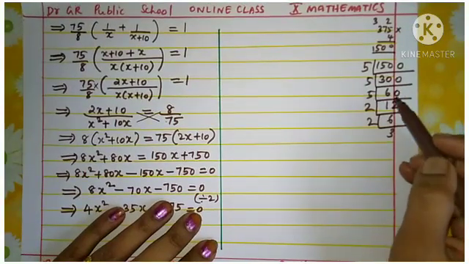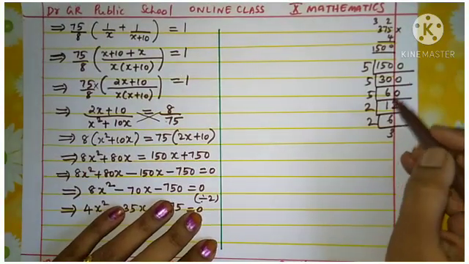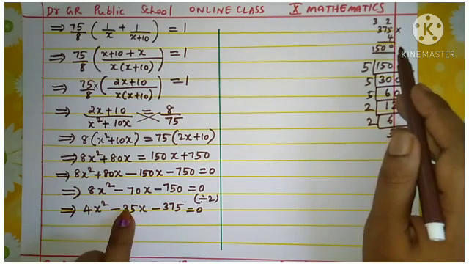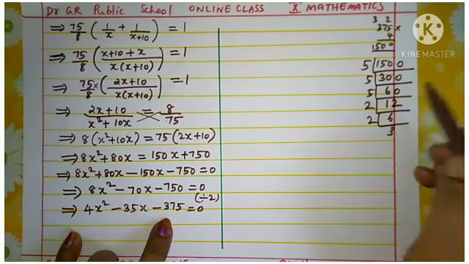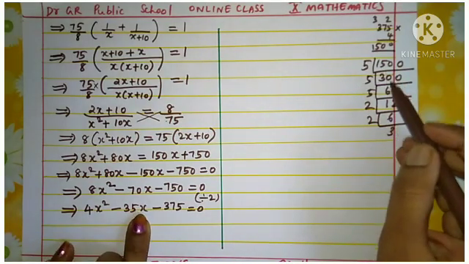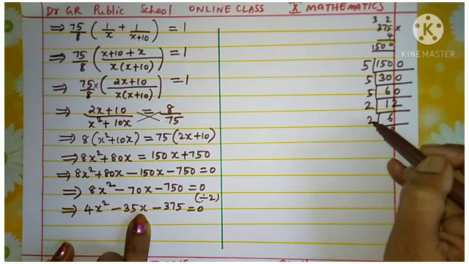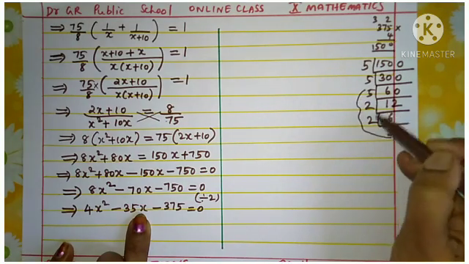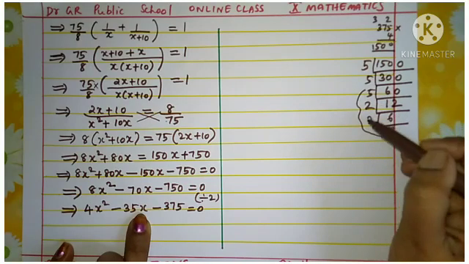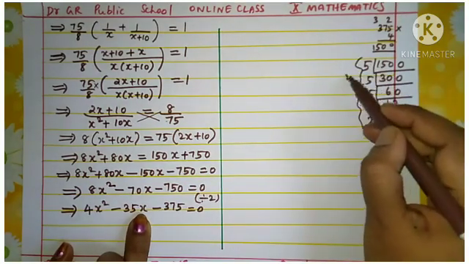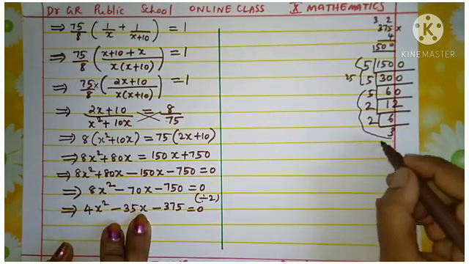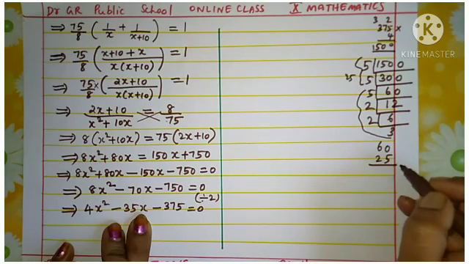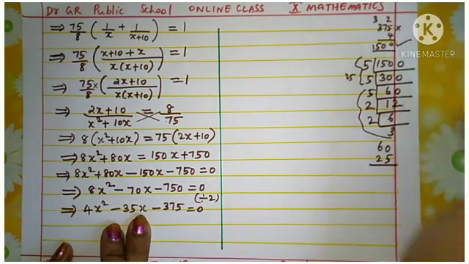Here if you are combining, as you want the product value 1500 and sum value minus 35. Okay, so if I am taking these numbers, 3 into 2 is 6, 6 into 2 is 12, into 5 is 60. So these factors will give you 60 and this is 25. Okay, so what is 60 and 25 multiplied? 60 and 25 multiplied, we will get 1500.